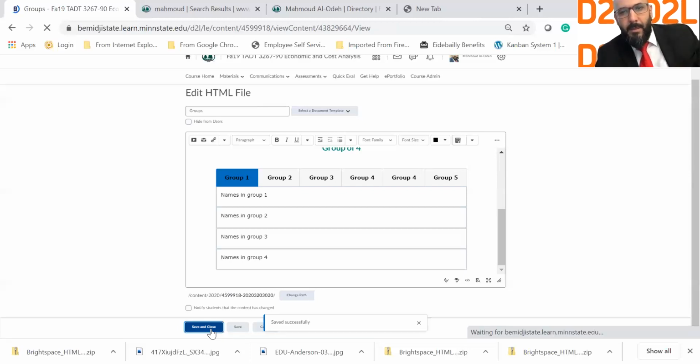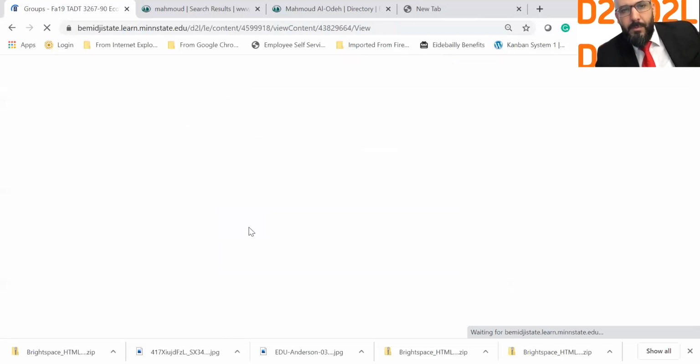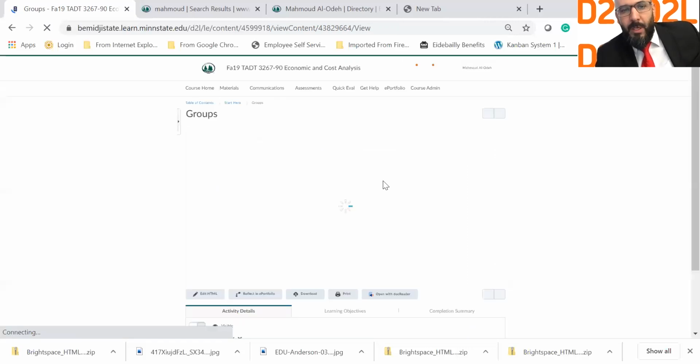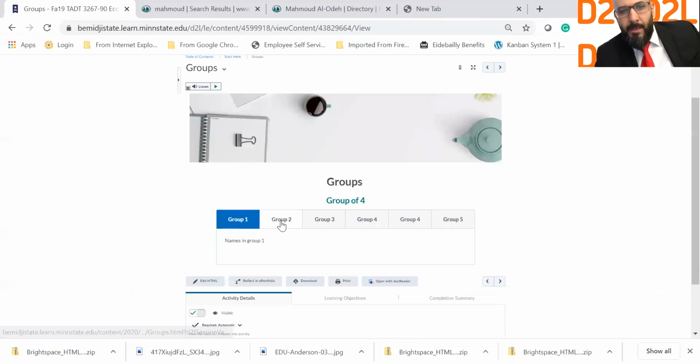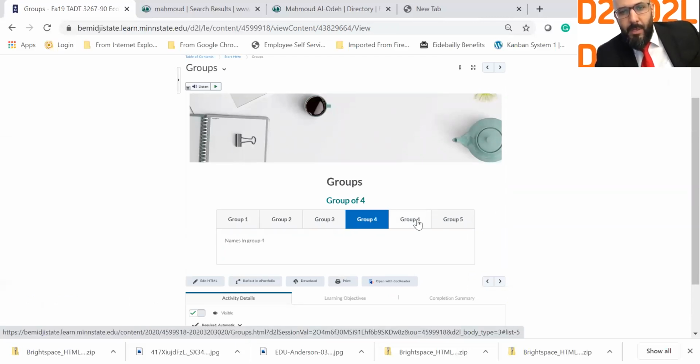and we'll see how that's going to look. We might need to adjust and tweak it a little bit, but this is an idea to give you. So this is names in group 1, names in group 2, names in group 3, names in group 4. Again, there's still a need for it to be edited, so I'm going to go back and start,